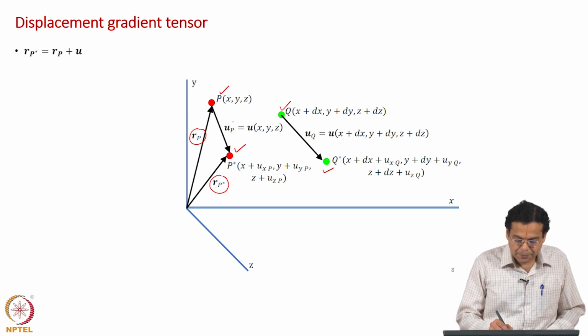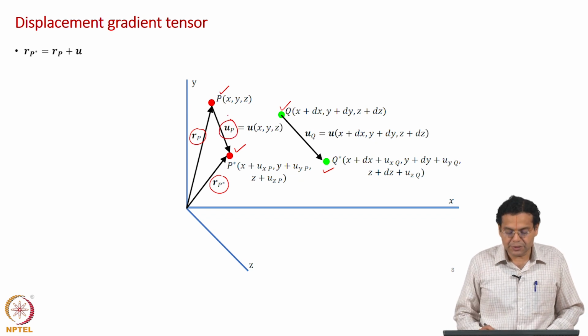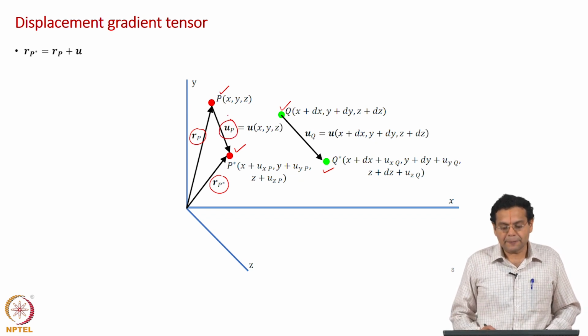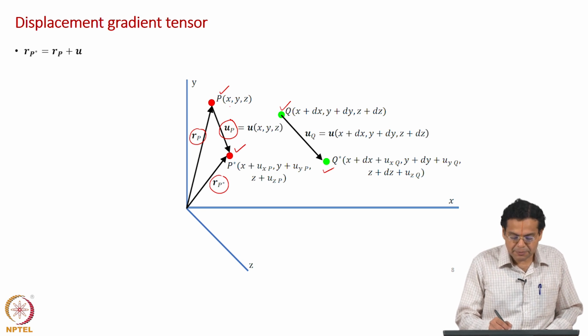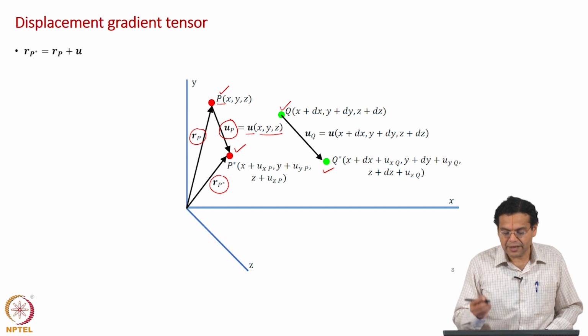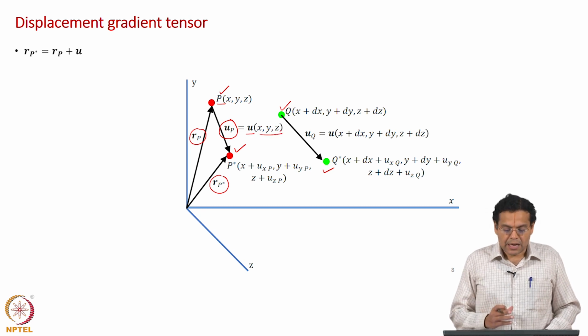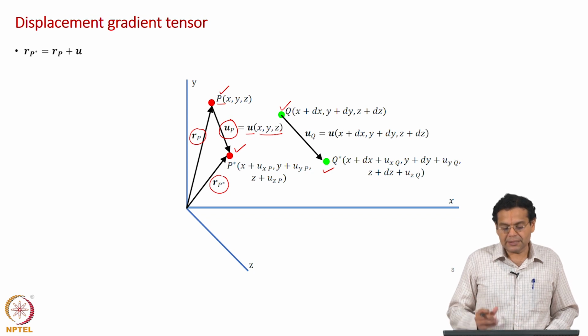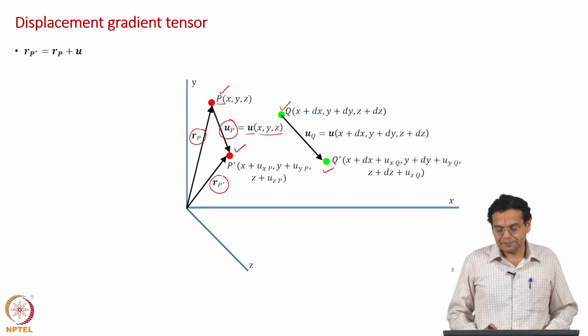And what is U? The displacement of particle P is denoted by U vector P, and because it is displacement for a point at P, it is denoted as U vector as a function of x, y, z. Okay. So, R P is a position vector for P, R P star is the position vector for P star, and U P is equal to U vector, and that is the displacement of point P which is at a position x, y, z. Okay. And we will come to Q a little later, right now focusing on P.